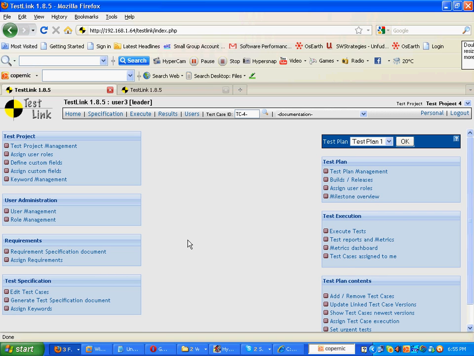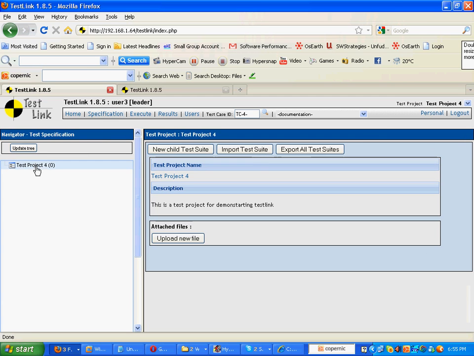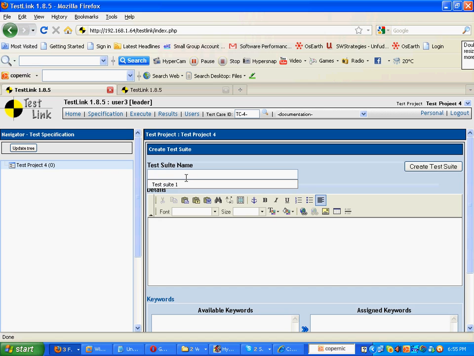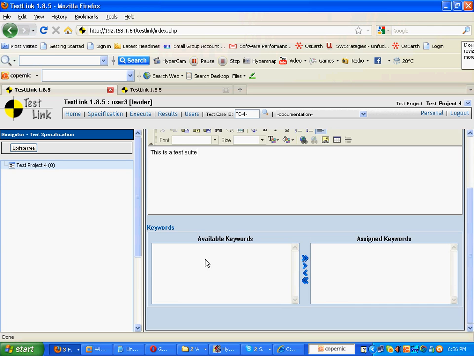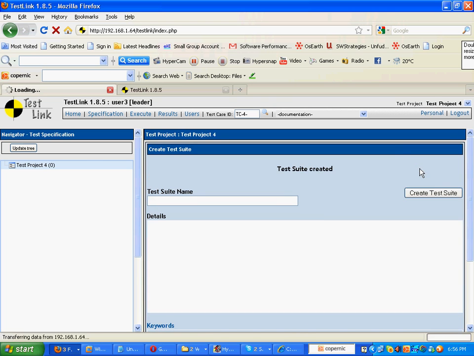Now the next thing that has to be done is that we click on specifications, and here we'll click on test project 4 and then create a new child test suite. We can also import it, but for the present demo purposes we are going to create it. And the test suite name, let's put it as test suite 1. And we can also use keywords, but we'll talk about this later in detail. So the next thing is to create the test suite,